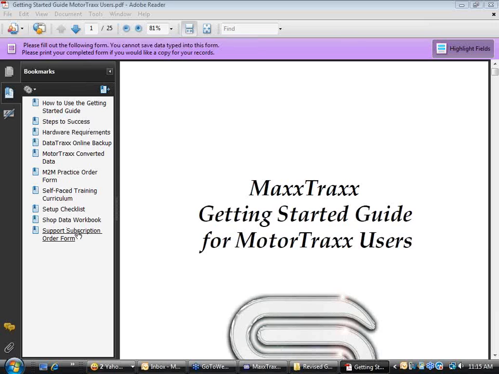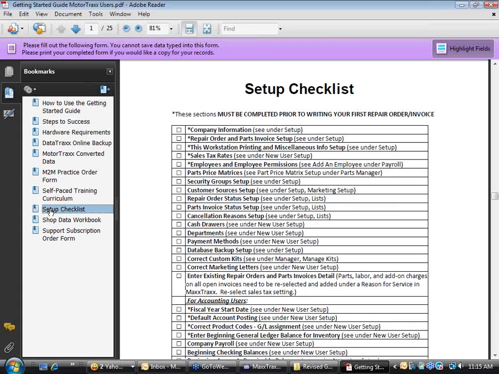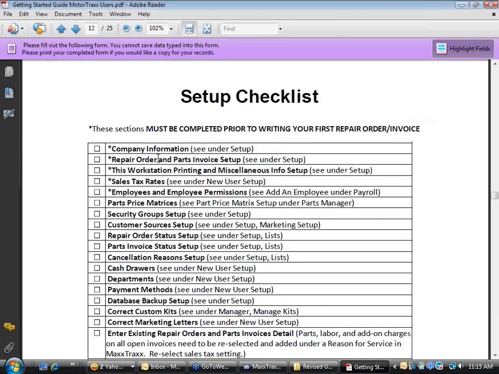We're all the way to the point of sending in your go live order form. And we have in here the setup checklist. So if we just click on this icon, here is our setup checklist. And I would recommend you print this one page out and literally check them off. Now the things with the stars, these are the items that need to be completed before you write that first